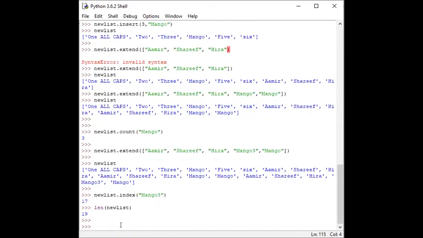Similarly, we can copy the list. For example, we can copy the new list into a list written in capital letters, LIST, with number 11. So new list dot copy.